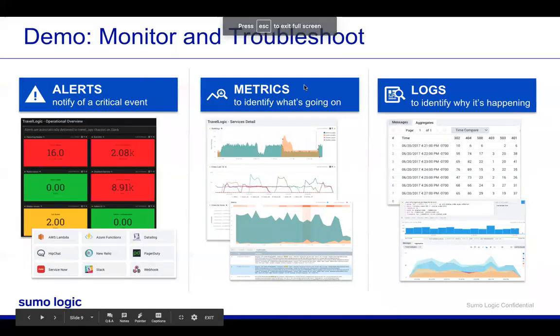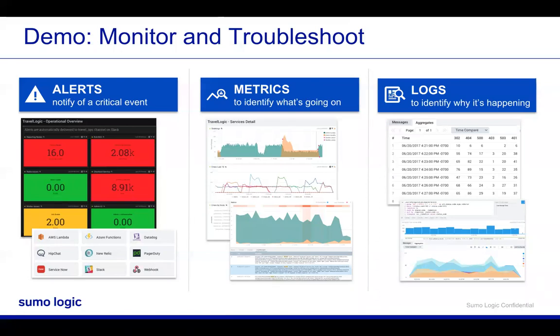So what we just showed in this last slide, and there we go, full screen there, are essentially three components to that demo of monitoring and troubleshooting. The first component was the alerts. And so with the alerts, we were able to be notified while we're not even sitting in Sumo Logic using